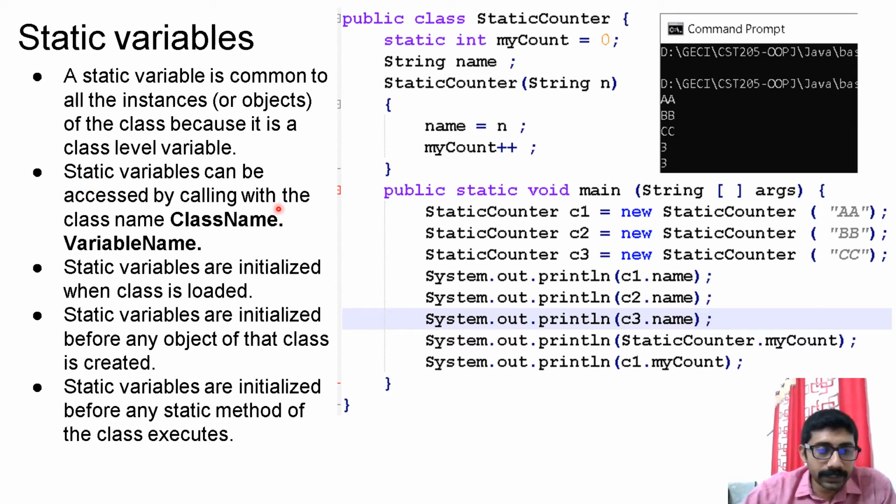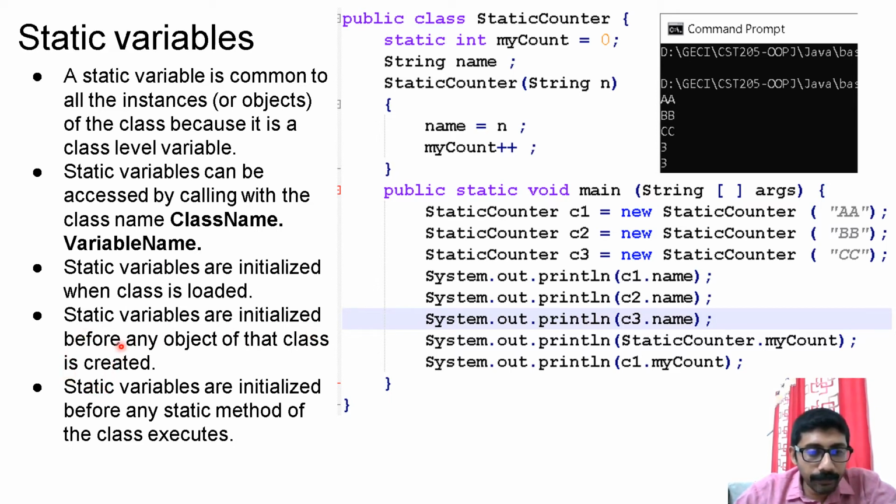It is not object name dot variable name. You will use class name dot variable name. Static variables are initialized when the class is loaded. The initialization happens even before the execution of your main method. The moment the class is loaded to the memory, at that time static variables are initialized to their default values.